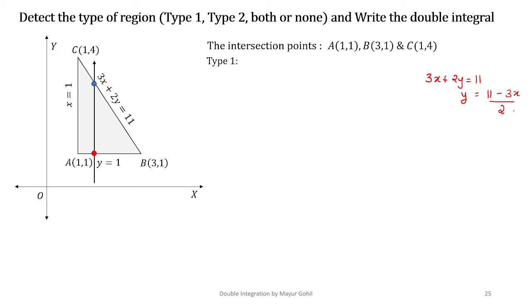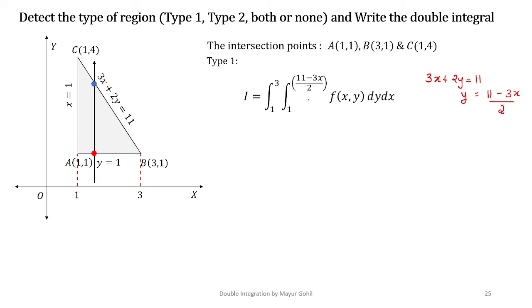Okay, so let us see. And what about the projection? The projection is going to fall on the x-axis. So can you see the animation here? It's going to be from 1 to 3. Alright, 1 up to 3. So the projection limits are those. So the integral will be of this type. It will have f of x comma y, dy dx will be the order, because we are considering it as a type 1 region.